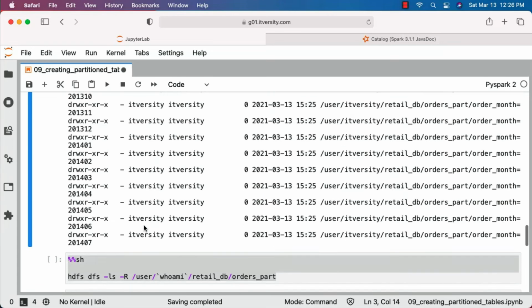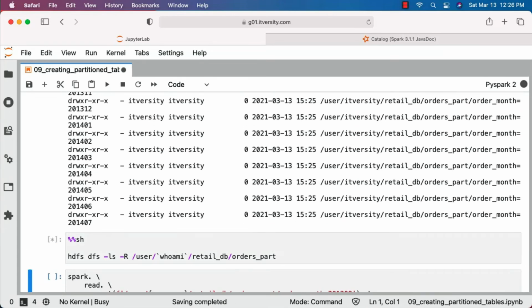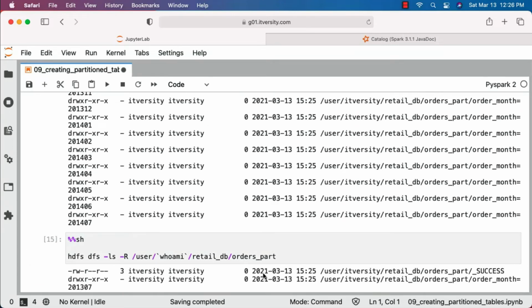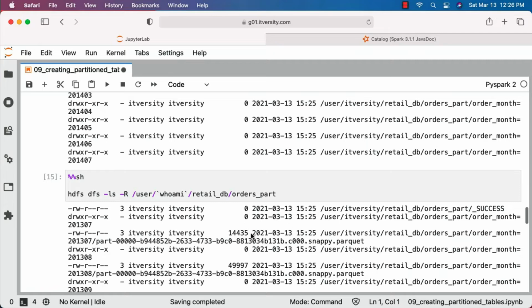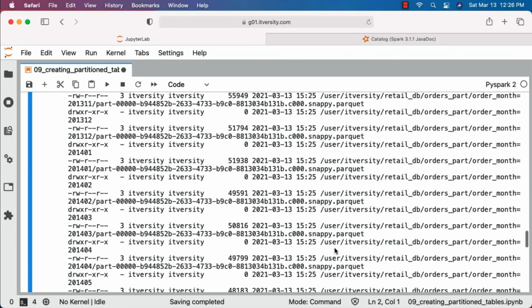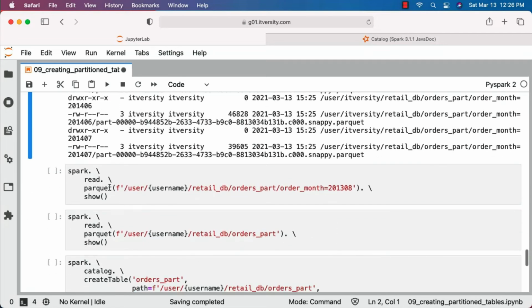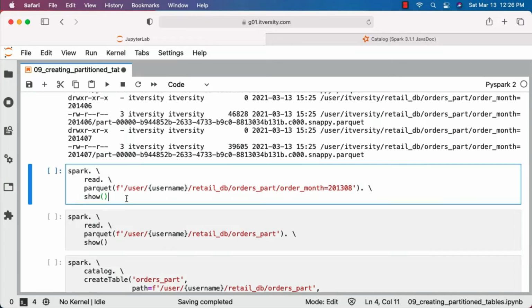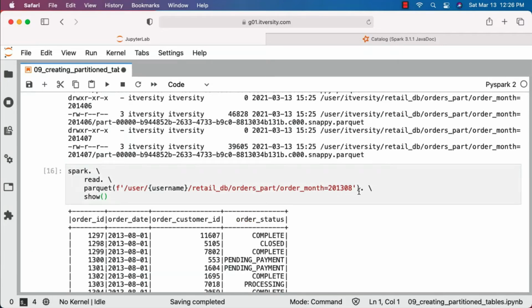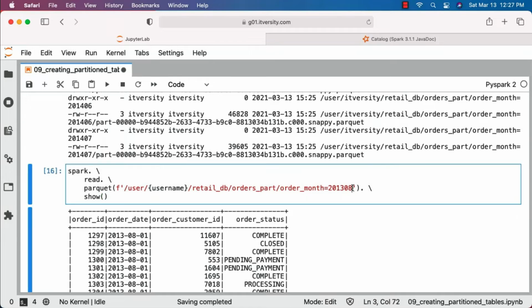You should be able to run this to understand how the data is copied in the form of files. You can see that each of these folders have Parquet files underneath them. You can also validate by running this piece of code. In this case, we are reading data from one partition and then we are trying to preview the data. When you directly access the partition like this, you will be seeing only 4 columns like this. Because the partition column is already specified here, it will not interpret this as a partition column once you pass the folder pointing to the partition.